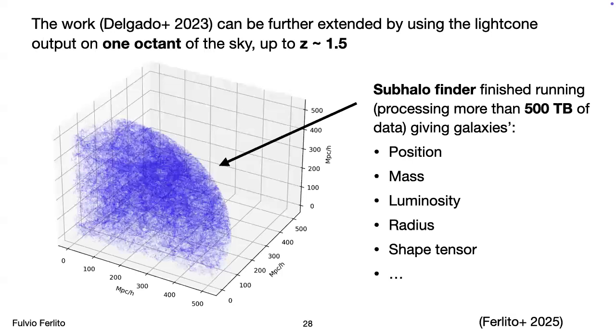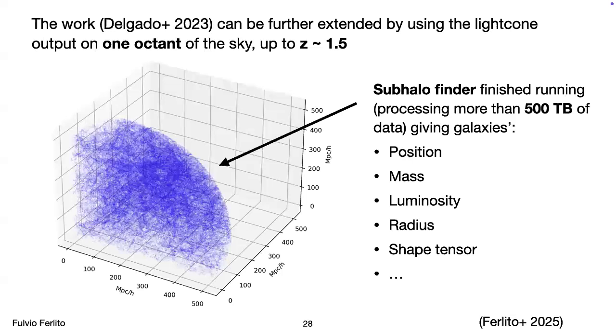Actually, this is just a portion. It is much larger. It's 500 terabytes of data, which was lots of fun to process and to work with. It took a lot of time. Basically, we ran a sub-halo finder, like FOF and Subfind, on these 500 terabytes of data. We identified objects in this very large light cone covering one octant of the sky, and we created a mock galaxy catalog for which we saved the most important quantities.